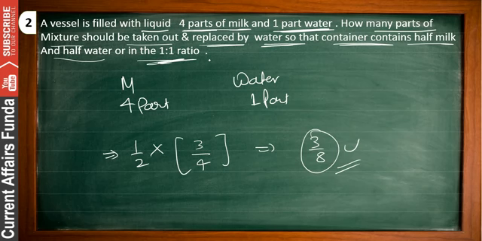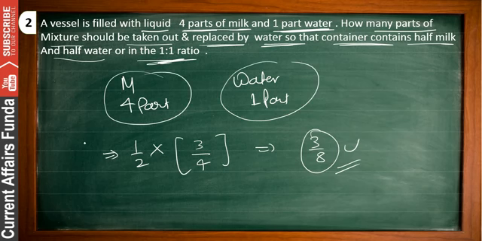तो यहाँ से हमें 4 पार्ट तो मिल्क दिया हुआ है और वाटर 1 पार्ट दिया हुआ है, तो पूछा है कितना मिक्सचर निकाला जाए जिससे रेशियो 1:1 का बन जाए। तो देखिए यहाँ से आपको 3/4 हो जाएगा, क्योंकि 4 minus 1 3 हुआ और बड़ी वैल्यू से डिवाइड करना है, हाफ से मल्टीप्लाई किया तो कितना आ गया 3/8। तो हमें यही शॉर्टकट यूज करना है एग्जाम्स में, अगर इस तरीके का क्वेश्चन हमें मिलता है तो।